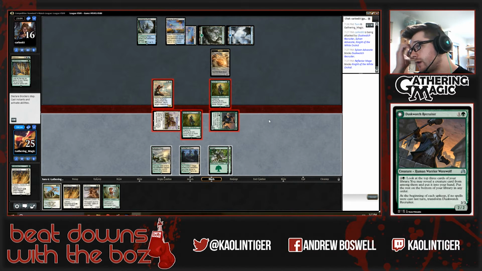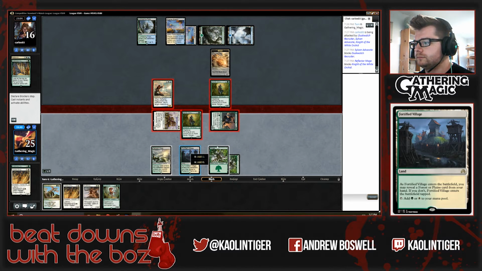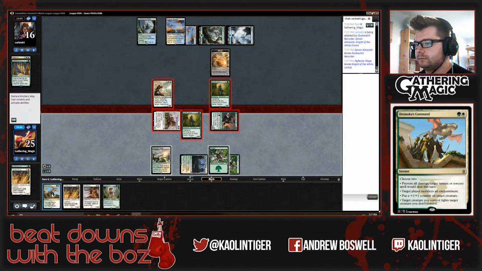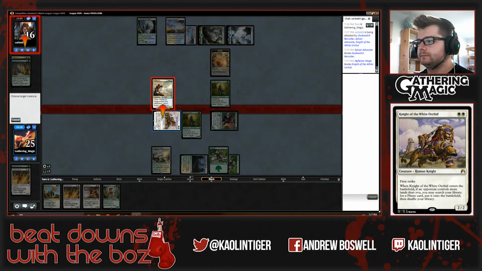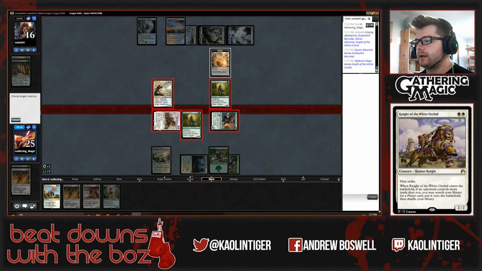So this is probably the best blocks that my opponent can get. But I get to lose nothing here. 2 for 1, my opponent. Unless he has his own Dromoka's Command, in which case it's like a blowout in the opposite direction, but...